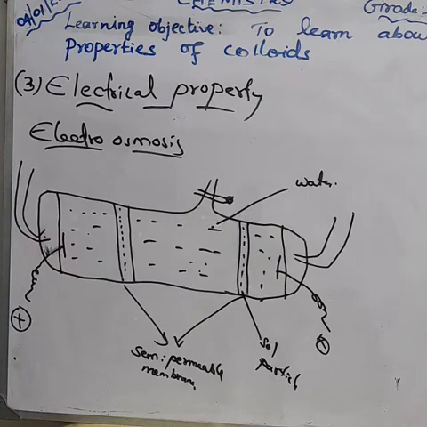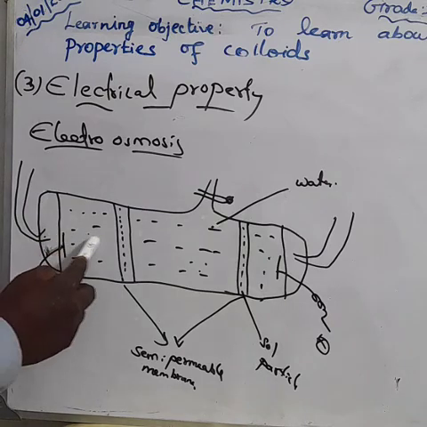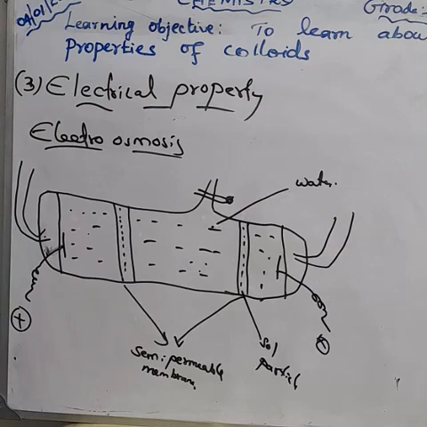When sol particles are prevented from moving under the influence of an electric field, the medium moves in the direction opposite to the sol particles. Here, the medium is moving under the influence of an electric potential. This movement of dispersion medium under the influence of electric potential is called